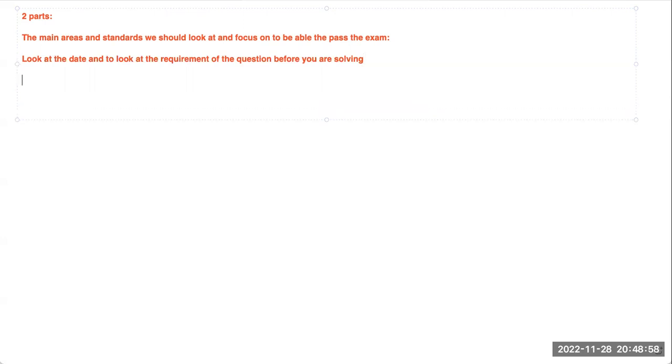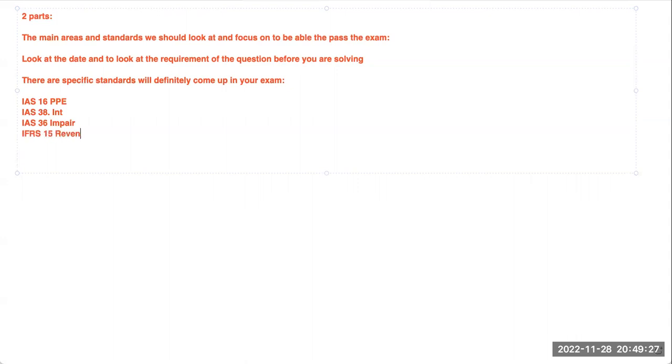The second point is that there are specific standards that will definitely come up in your exam. Which are they? IAS 16 PPE, IAS 38 intangibles, IAS 36 impairment, IFRS 15 revenue from contracts with customers, IFRS 16 leases, and IFRS 10 business combinations, which is the consolidation,